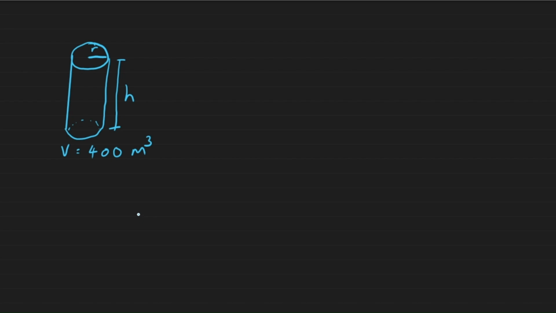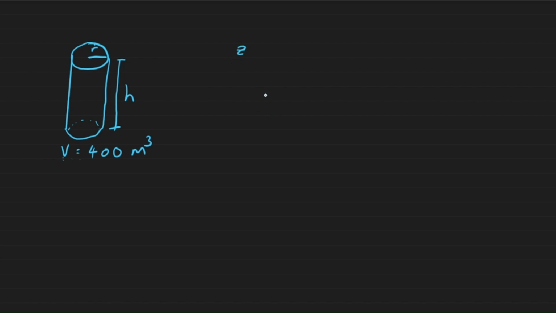So there's a function that we want to minimize, and we have a constraint that we need to apply. So the question is, what is the optimum radius and height? What dimensions should this tank have such that we minimize the surface area and are able to contain 400 cubic meters of water? The first step is to set up our function, the function that we want to minimize, and